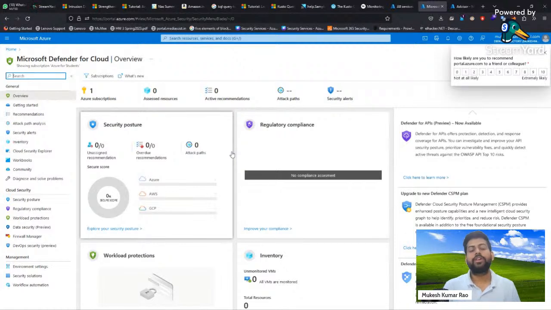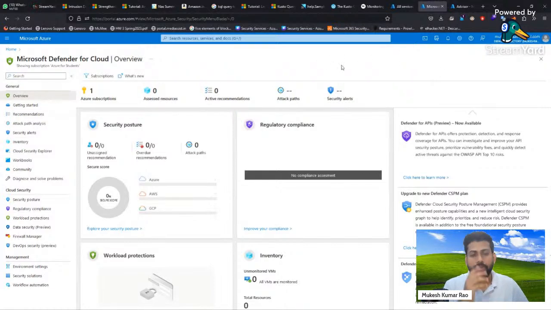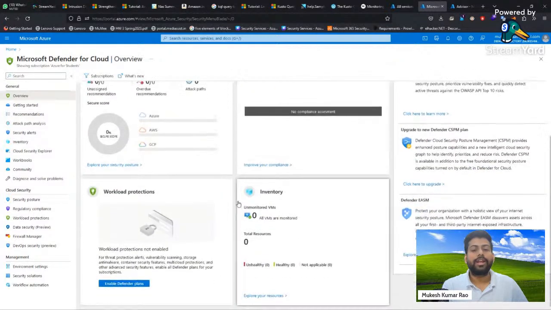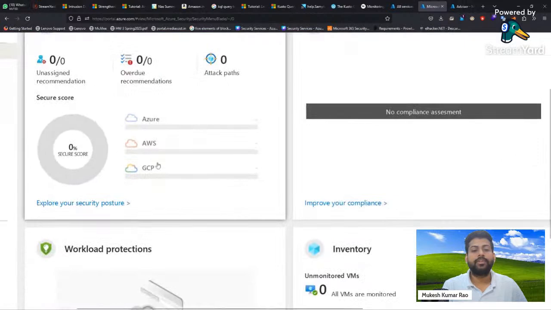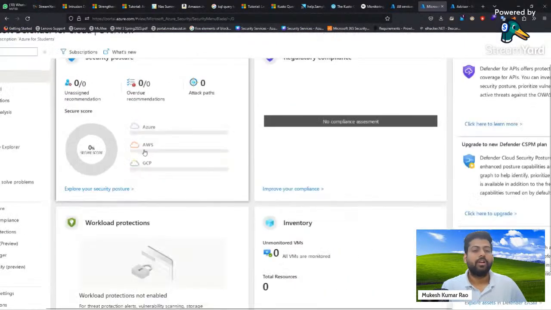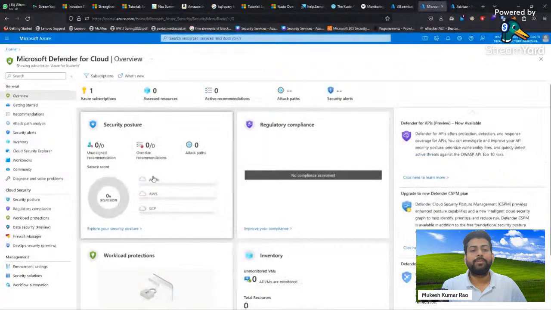Okay, so here you can see in my account the Azure subscription is available, showing how many subscriptions you are running. If you are using an Azure free subscription, you can also see whether any security posture management is there or not. Right now we are not running any resources, so there you can see it is not giving anything. It is even integrated with AWS and GCP resources also. That summary will be provided.